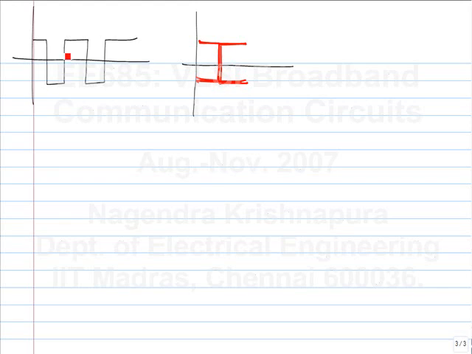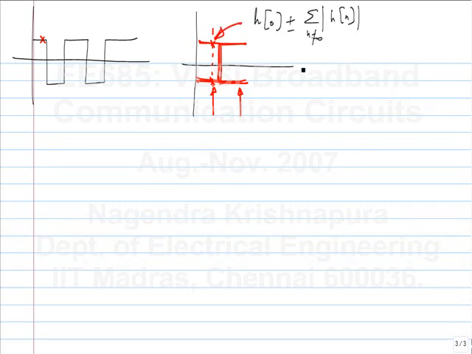And then, anywhere you sample, so let's say this is the sampling point, that corresponds to this here, this and this. I look at the values at the sampling instant, and the spread of that tells me the ISI. The values that I get here are just from the definition of h of n. h of n is simply when I sample the output with this particular phase, and that's what I am doing on the eye diagram.